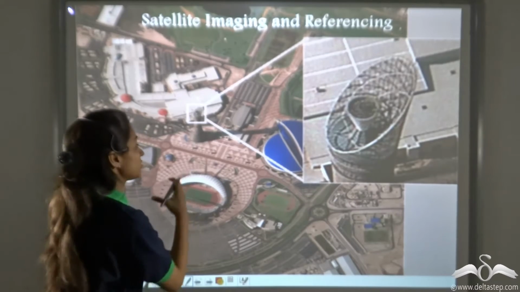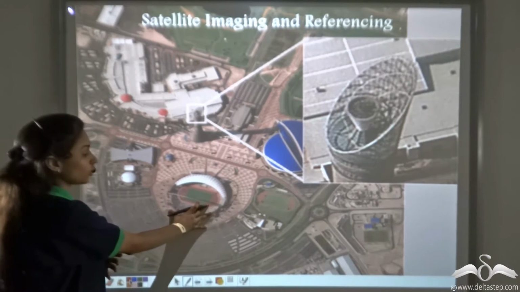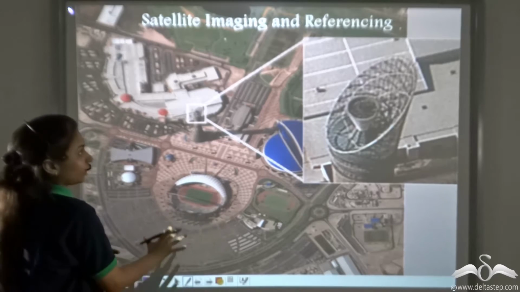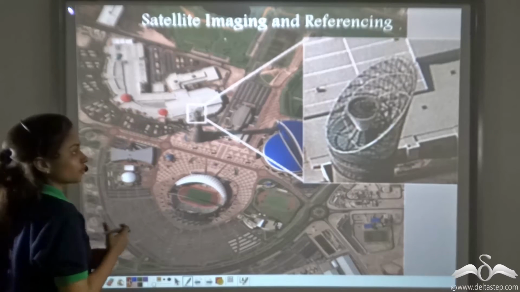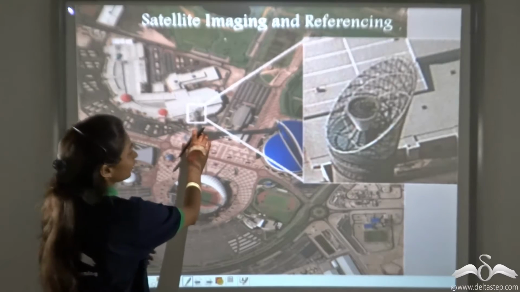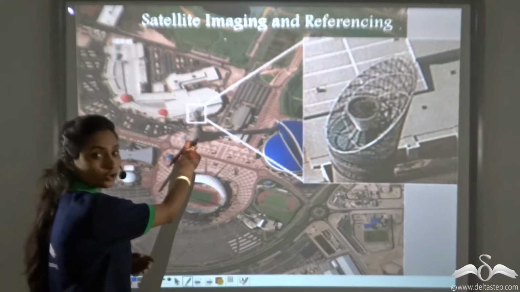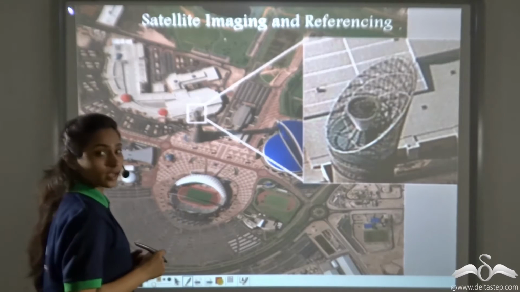Say, in this example, this is the stadium of which we know the location through the satellite because this area is covered under a satellite. Now these white buildings are also under satellite coverage. But this tower is actually not under the coverage of any satellite. So this remains unknown as a location. So how do we calculate this tower's location?